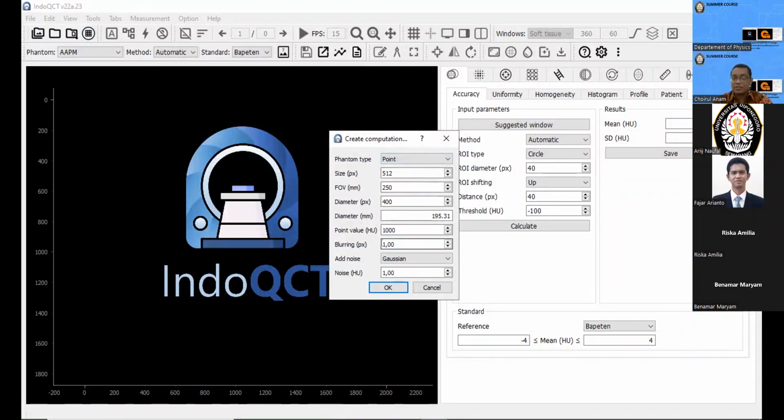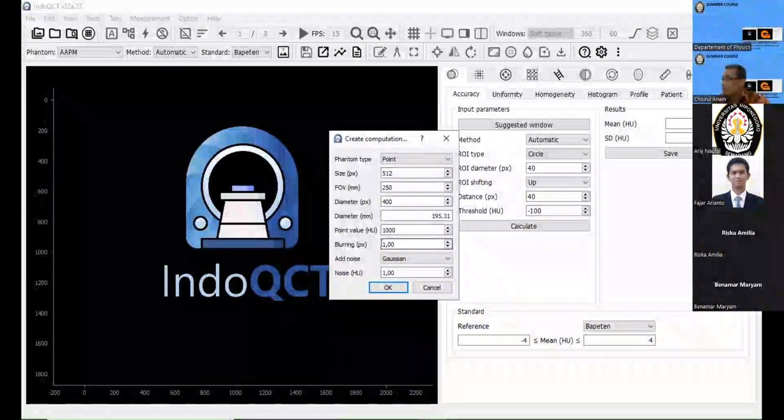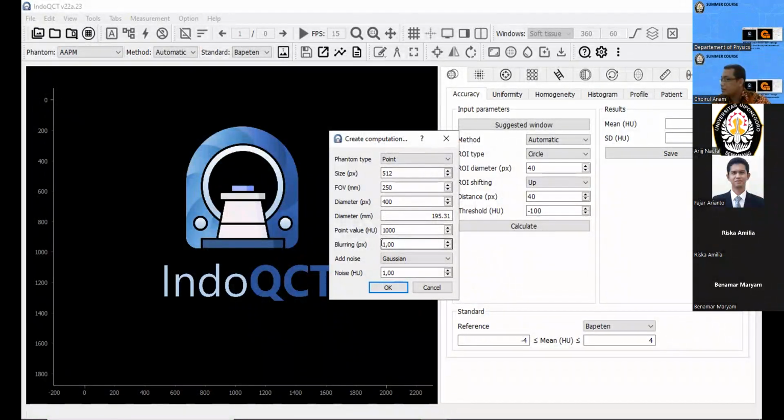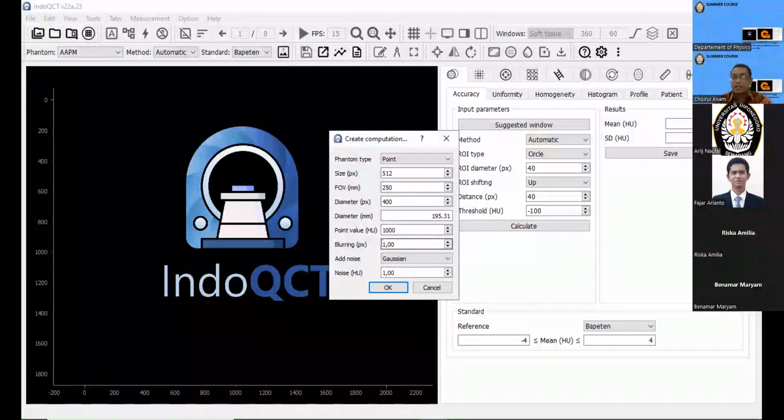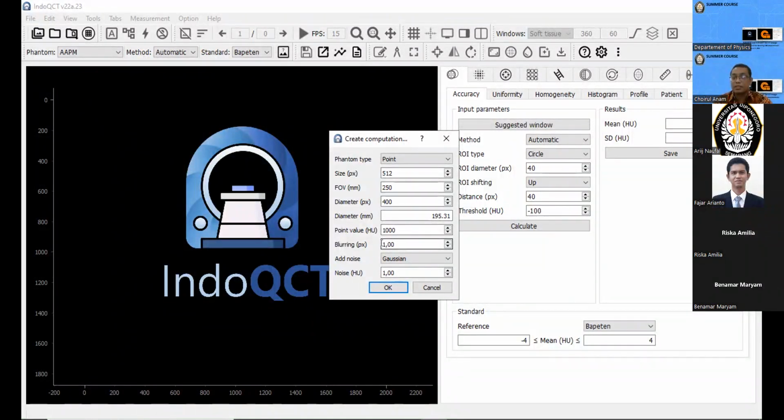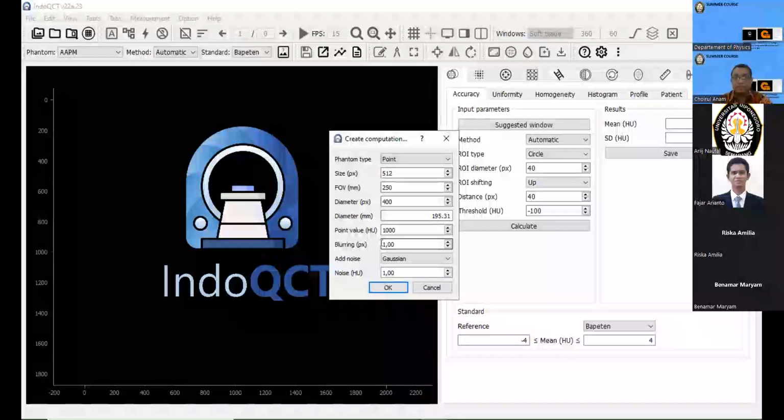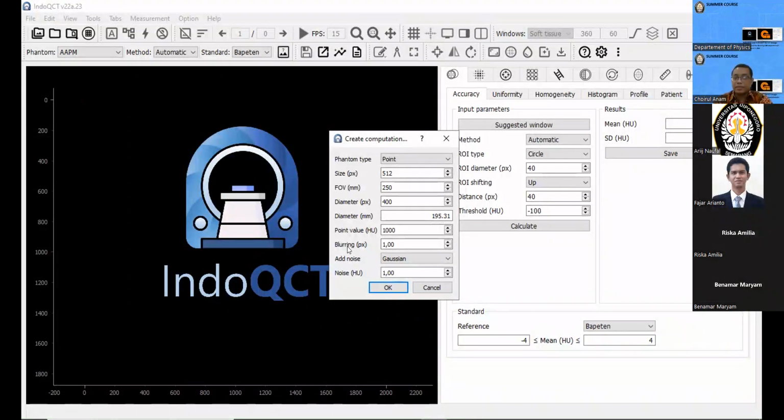This is actually using a Gaussian distribution, and the process is the convolution between the Gaussian distribution and our image.